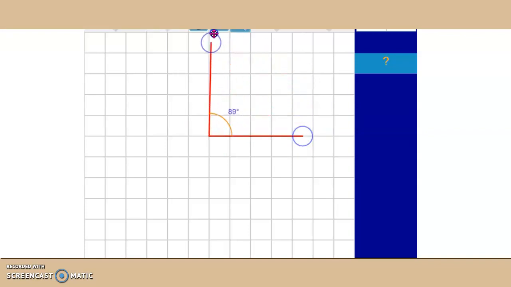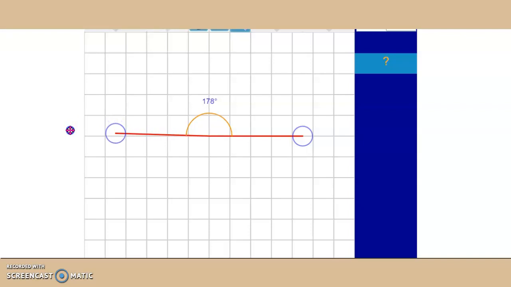All right, so let's set it back to 90 degrees. Now we're going to look at angles that are greater than 90 degrees. So 91 is the start of the obtuse angle. It looks like it's 90 degrees, but it's not. It's bigger. It's 91 degrees, so it's obtuse. And it goes all the way up to